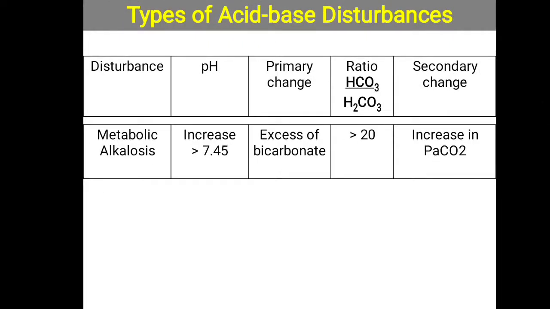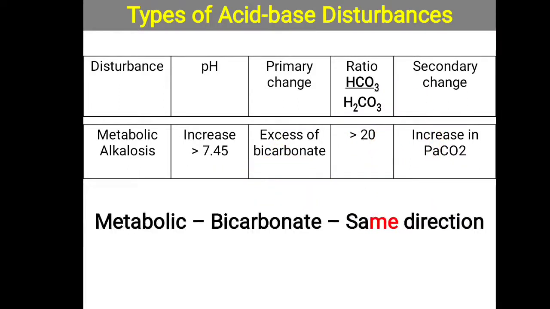Now we will look at how metabolic alkalosis is identified. Particularly in metabolic alkalosis, pH is more than 7.45. The basic primary change is an excess of bicarbonate, so the ratio is increasing. As a secondary change, the partial pressure of carbon dioxide will also increase to compensate for this excess bicarbonate. So for metabolic disorders, remember it is always bicarbonate, and the direction of the primary change